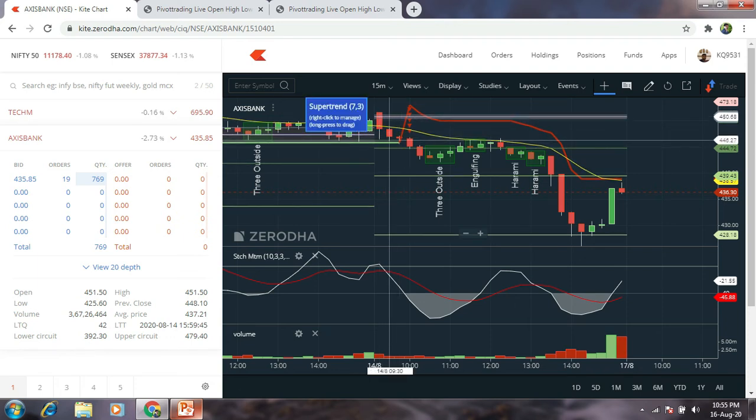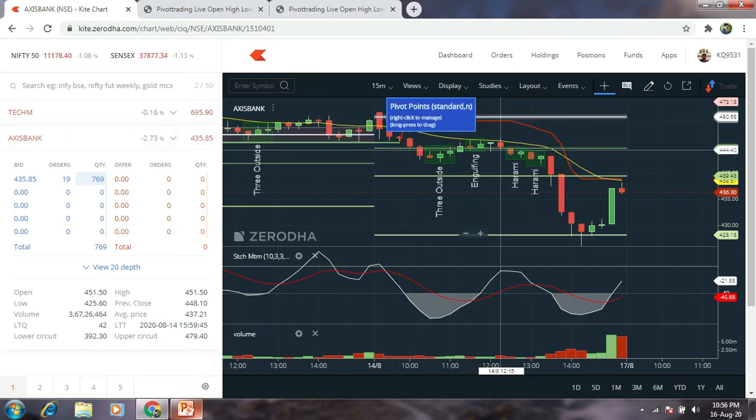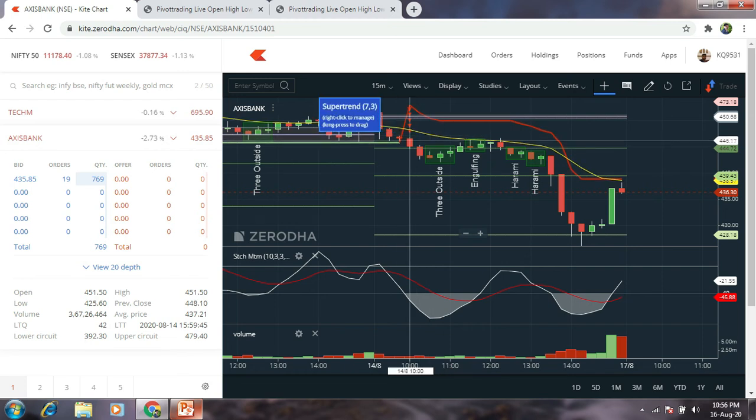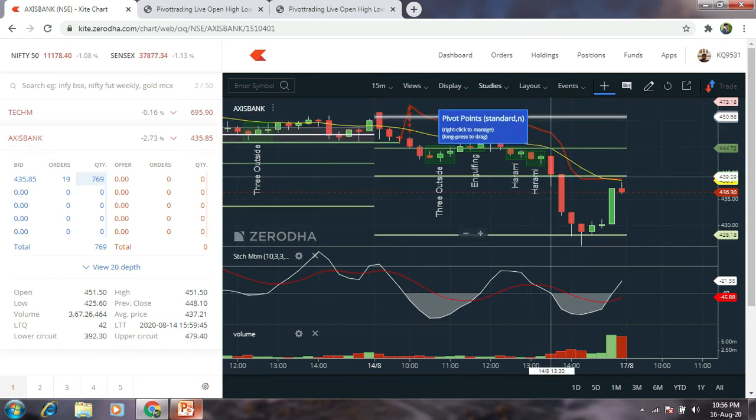So once it breaks out, you are taking a position and your stop loss is the high of that day. Okay, that means open price is equal to high price, right, including the decimal. So once it breaks out, this will be our stop loss and our target will be 1%. Then our target is around 4 rupees. So you can see it's breakout at 446. Your target will be 442. You can see here only target has been done, right? After that it is a big fall due to negative sale.